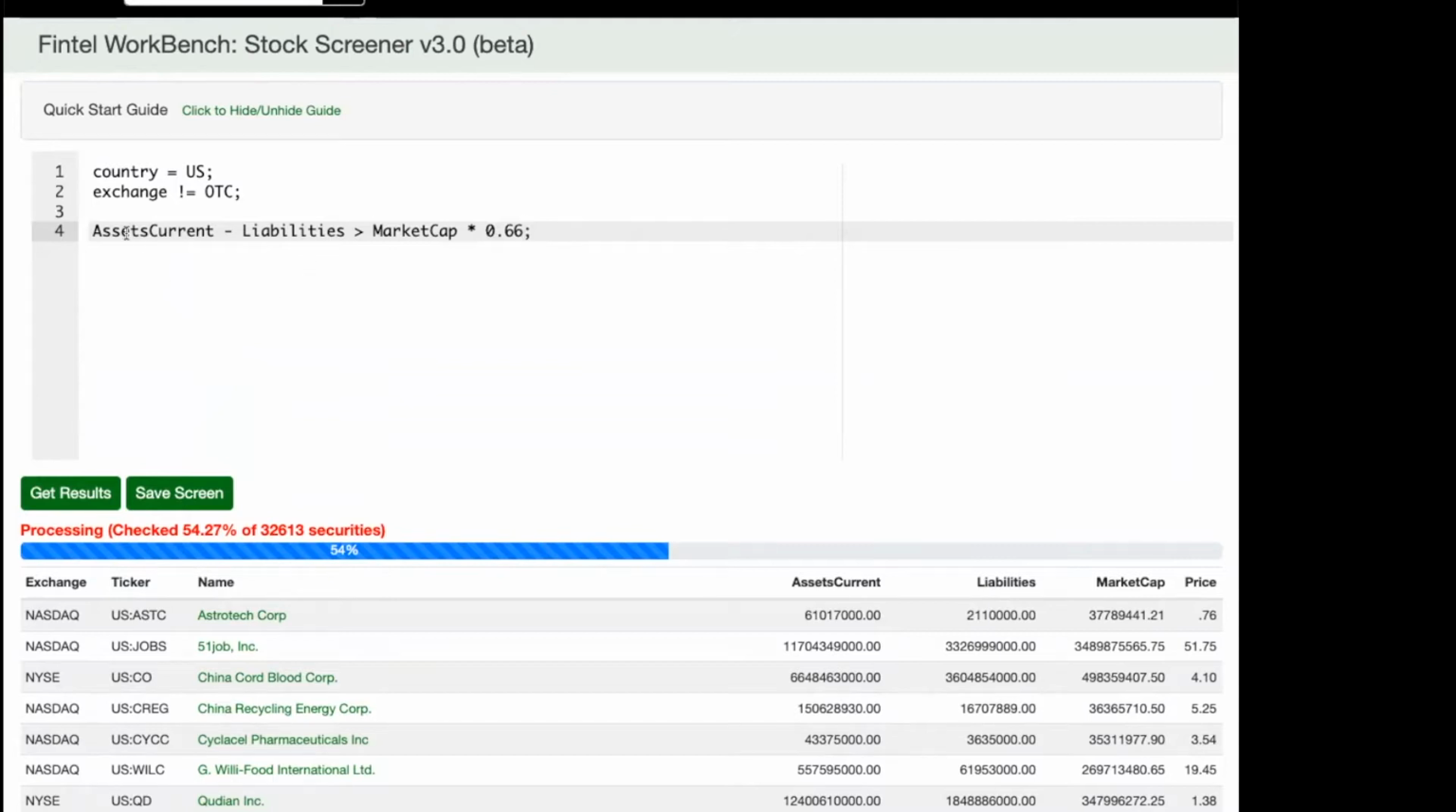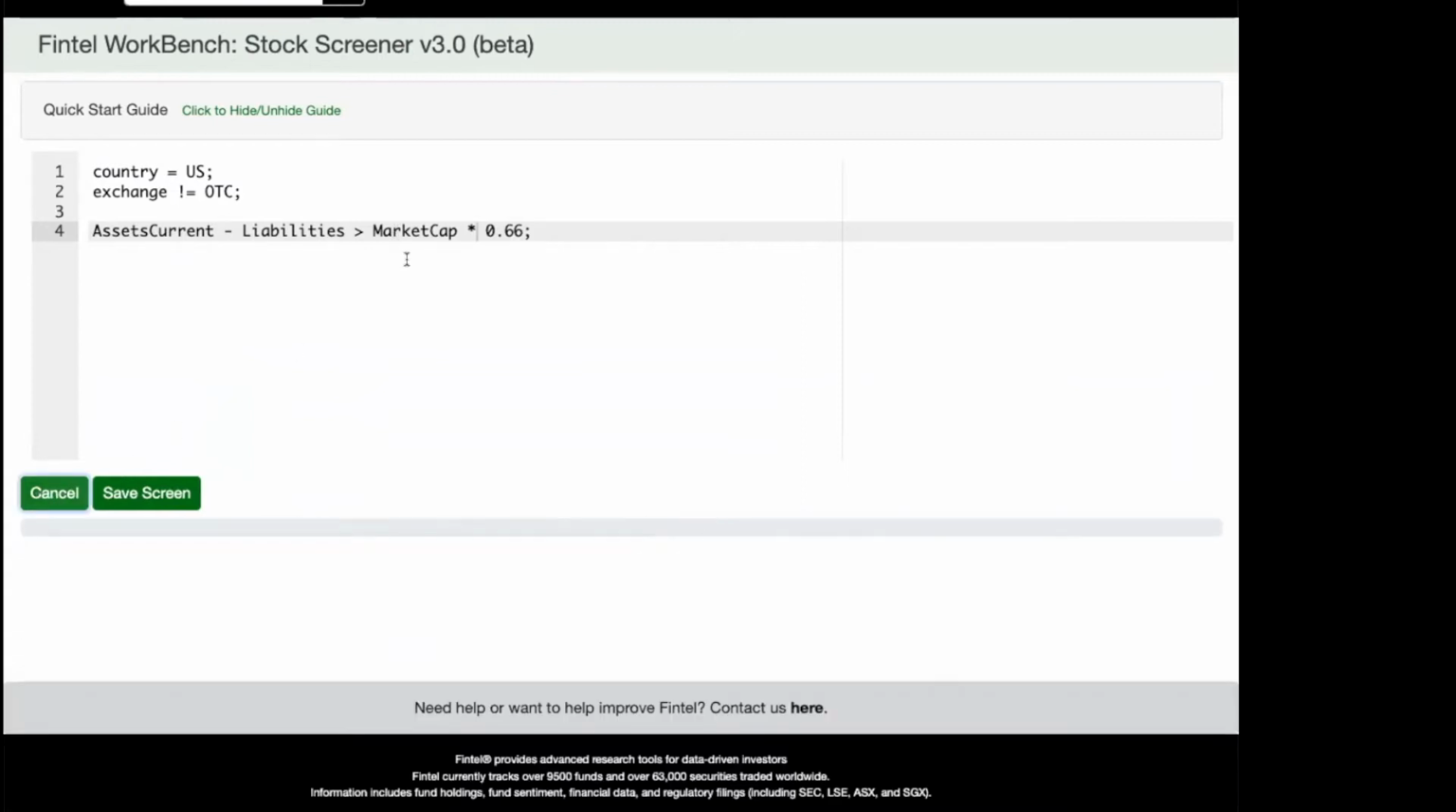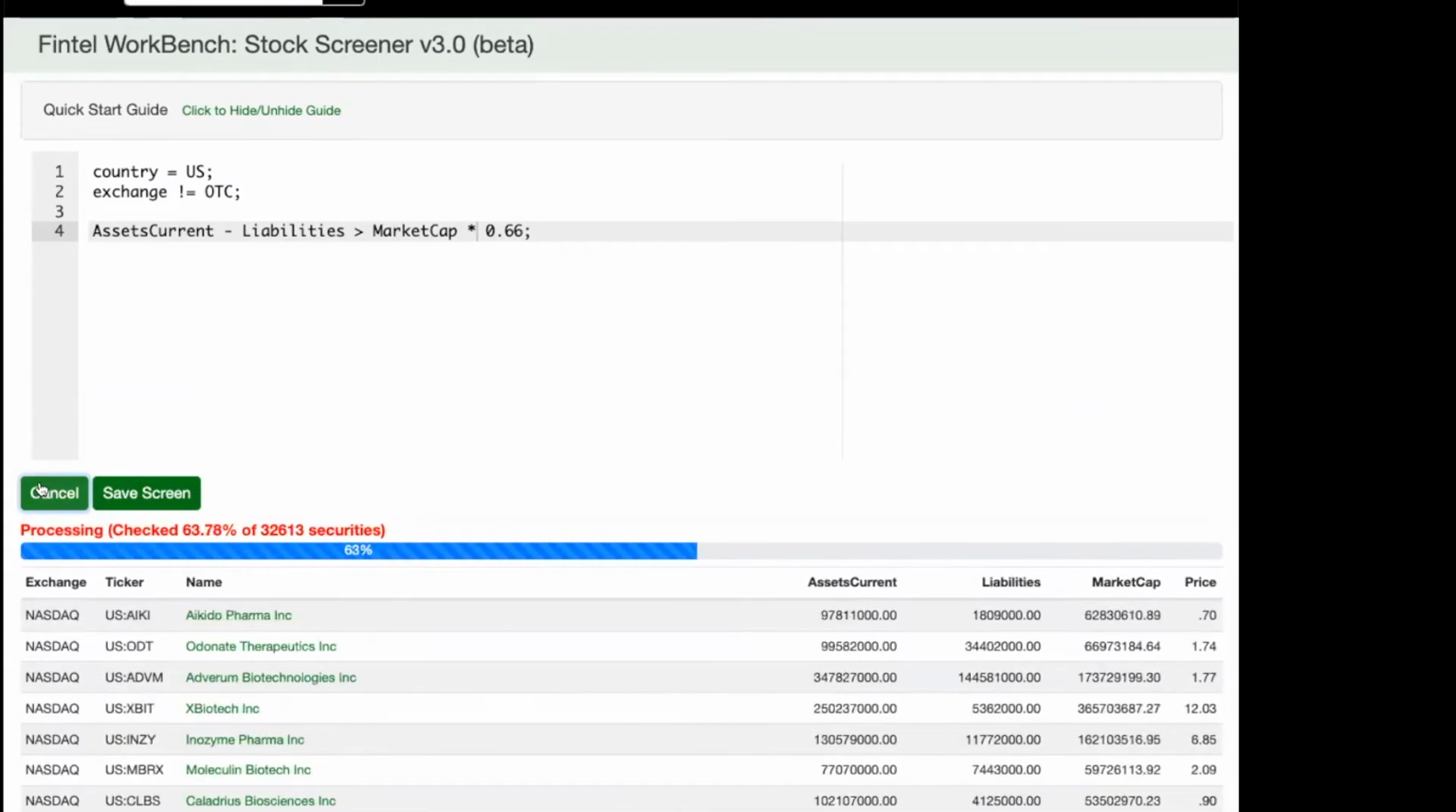It might turn out that not all your assets, which includes inventory, are good and saleable at full price. You might only get pennies on the dollar for some things, so you might want to have a little margin of error. And so what do you get here? Now you get a smaller number of companies. What if you said,